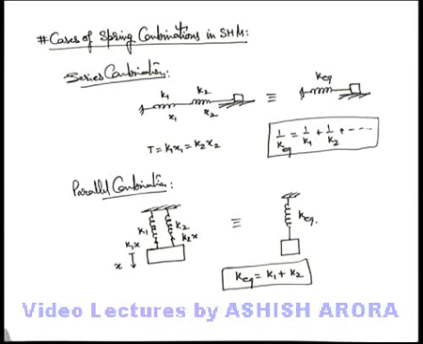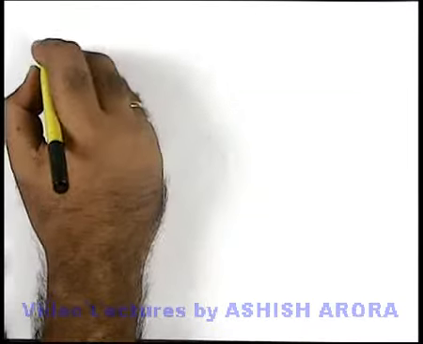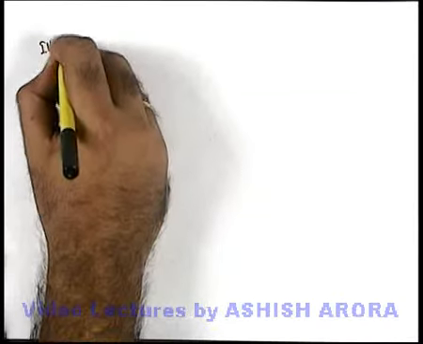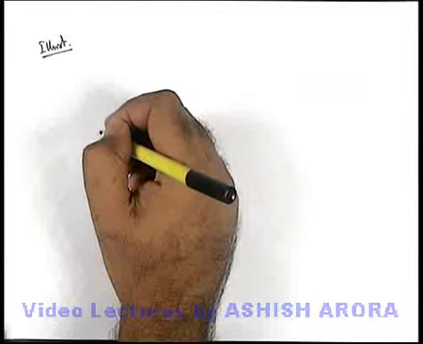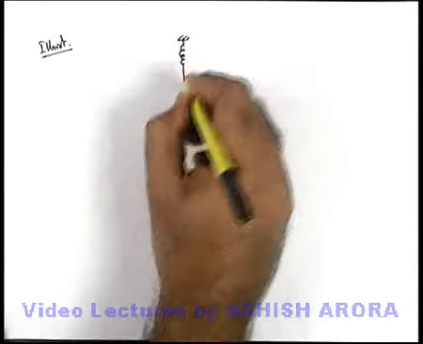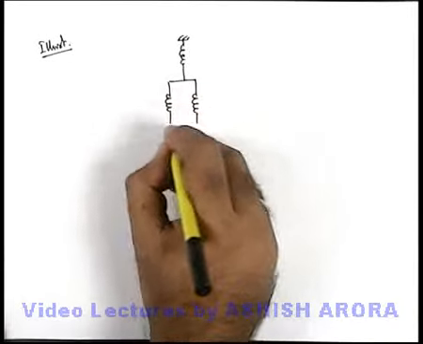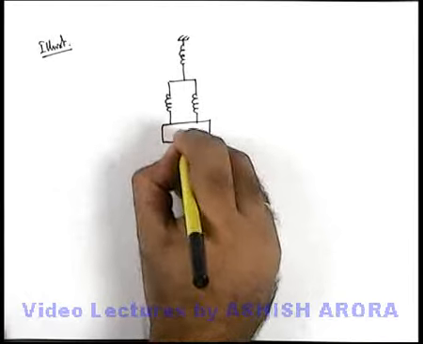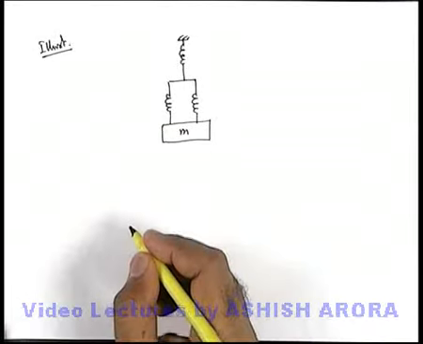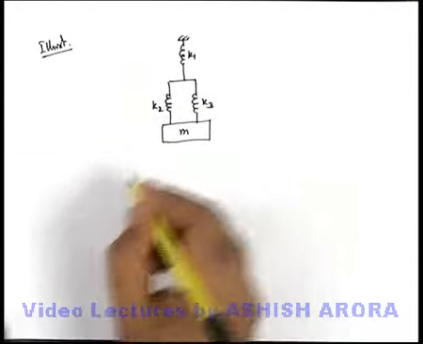Let's see some examples based on this analysis also. Let's discuss an illustration to understand the time period of oscillation of a spring combination. Say we are given a situation in which three springs are connected in this manner, which are finally connected to a block of mass M, and these have force constants K1, K2 and K3.